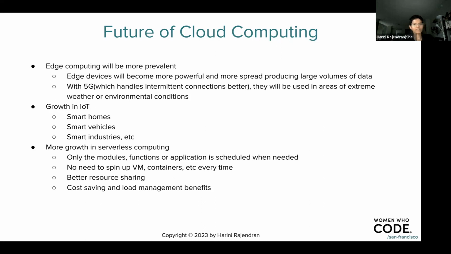Similarly, with the Internet of Things, as you can see, there are more and more smart home devices these days, and it's only going to go up. More and more smart vehicles, with autonomous vehicles getting popular, and smart industries where the whole industry production chain is smart and there are no human beings involved. It's all run by robots and so on, right? So with the advancement in technologies, we can see that the Internet of Things would also grow, and that would in turn cause a huge explosion of cloud computing services being used in the future.